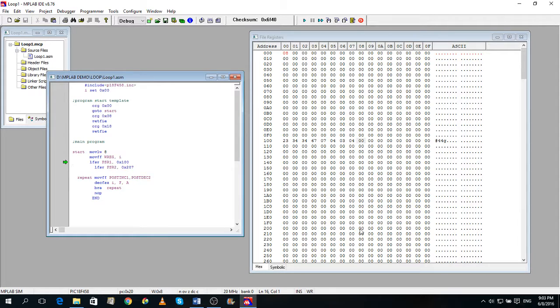So we can focus on this location now. We'll see that this will turn to 23, and this will turn to 34, this will turn to 34, 67, this will be 07, this will be 04, this will be 03, and this will be 04. So this is our program loop.